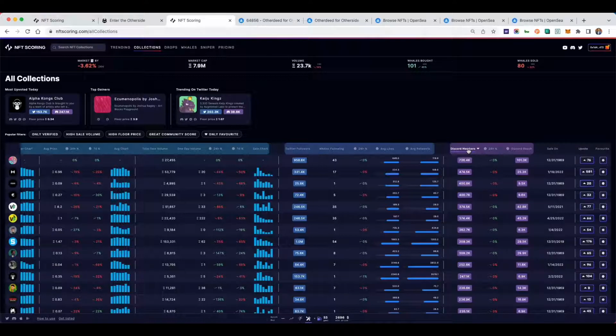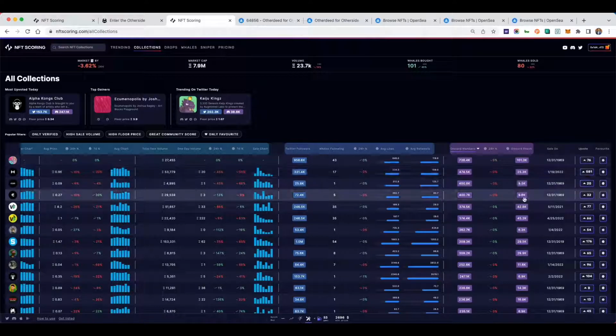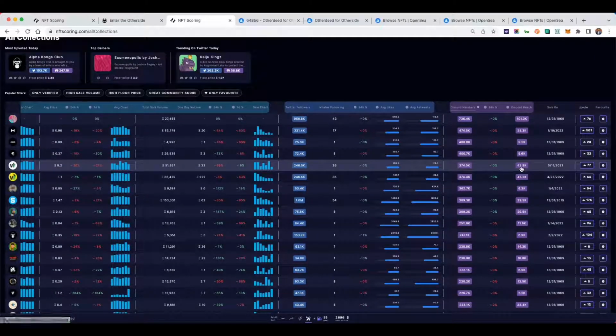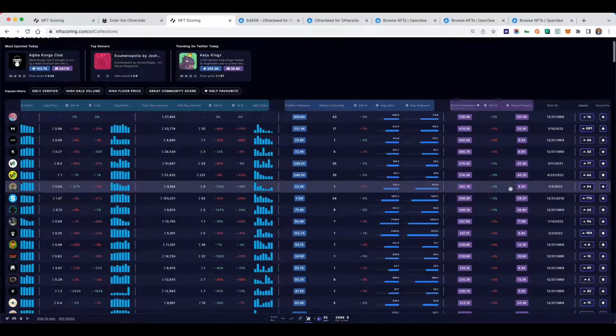smarter decisions based on that is we show you the actual Discord reach, which means these are the people that within an announcement, you can reach them at any point in time. We pull this metric once a week, so it's pretty up to date. And I'll give you an example of a strong signal here.